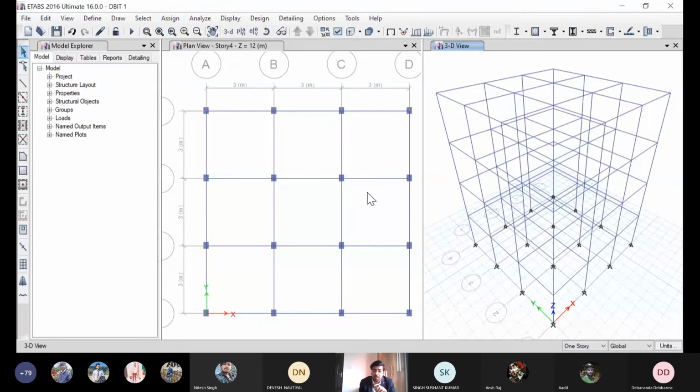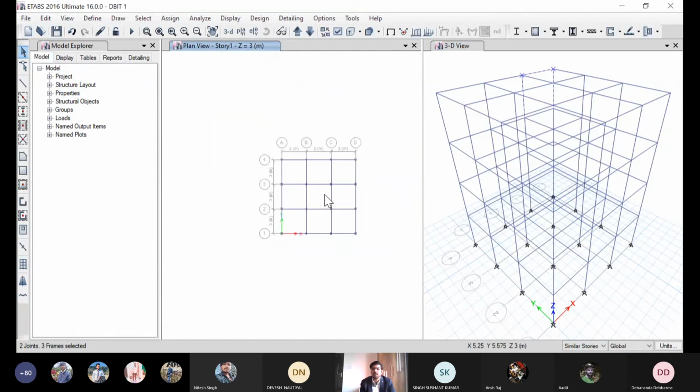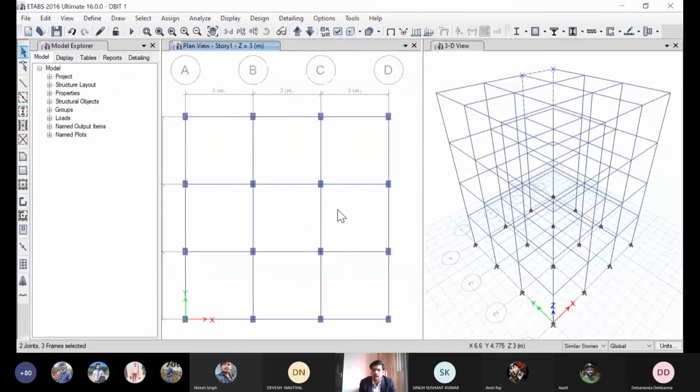If I need to draw anything on a particular story, I will draw with this. If I want to draw on all four stories together, like beams, I use All Stories. Now, for example, I need to draw some specific things on my similar or the basic stories, but not on the roof. So I'll go to Similar Stories and draw things on story 1, and it will be reflected on all the stories.